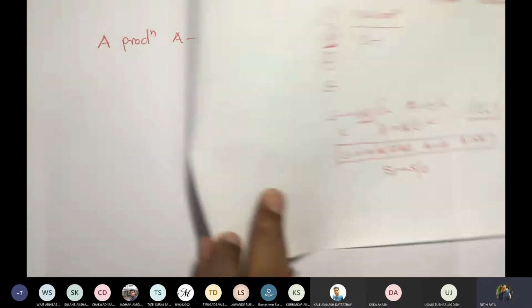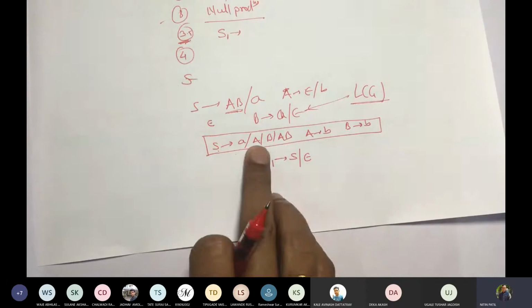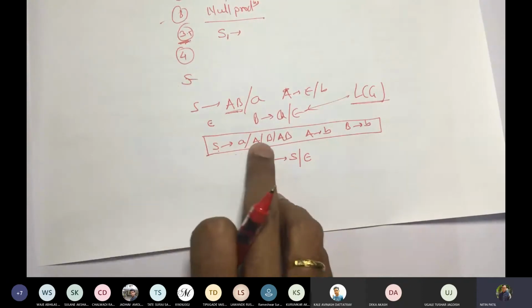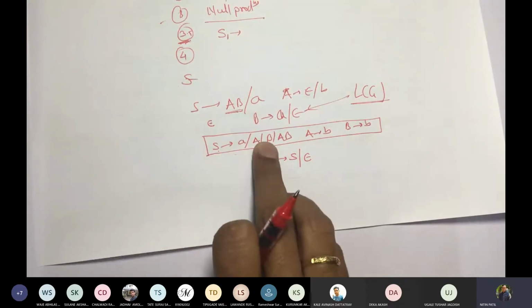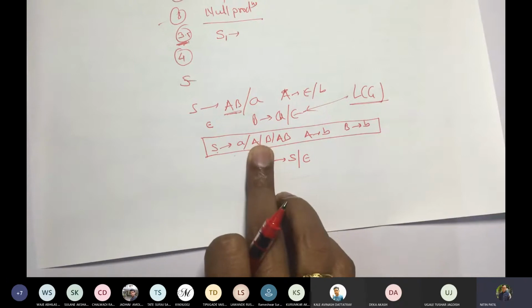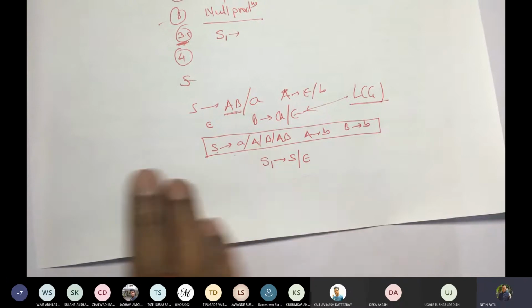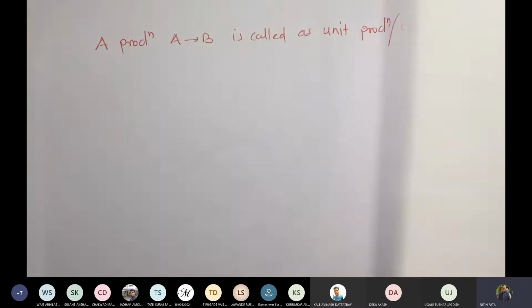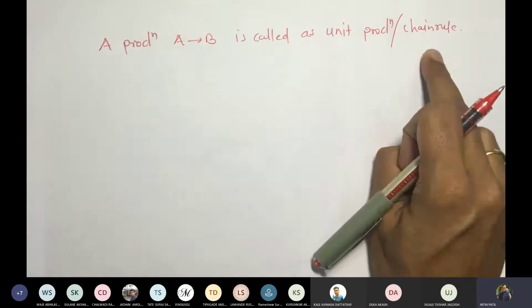Where did we get it? If you recall, a while ago we constructed S gives A, S gives B. So we are talking about these two, S gives A and S gives B. Correct? Separately, only one variable is occurring towards the right side. There might be a bigger chain in such a case, so that's why it is a chain rule.